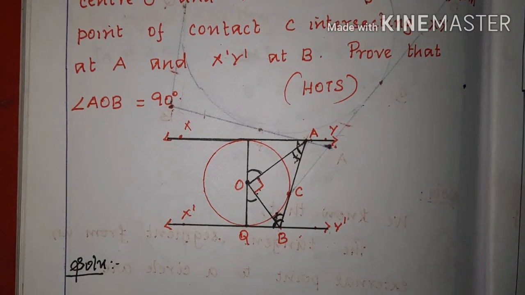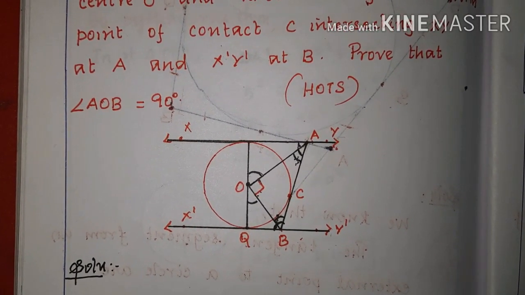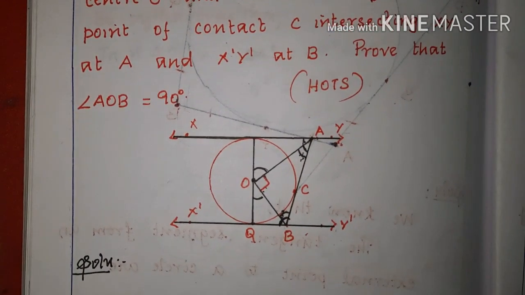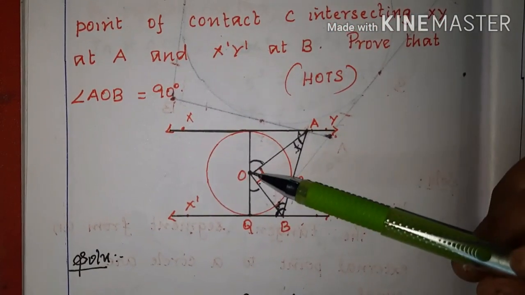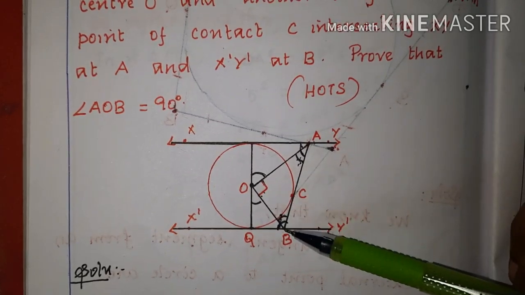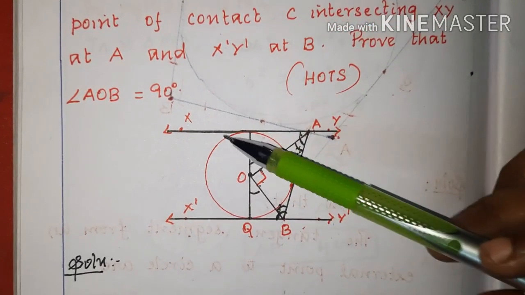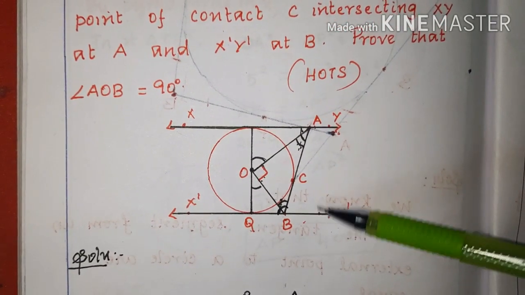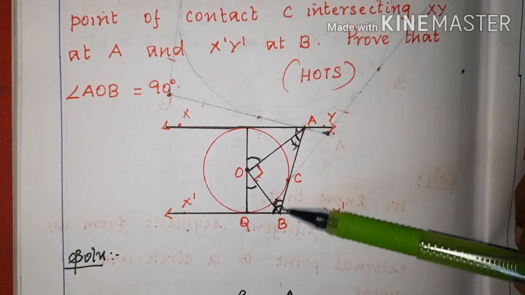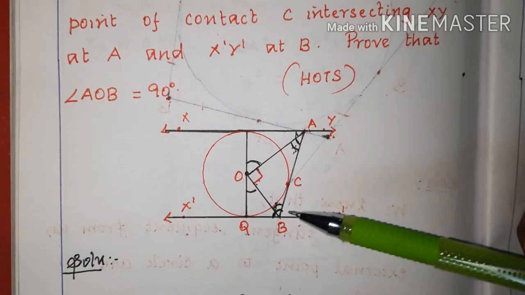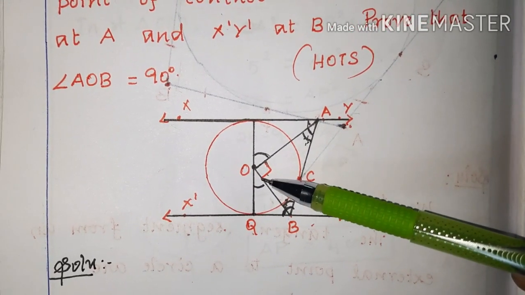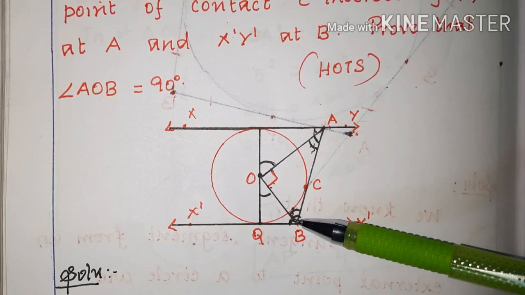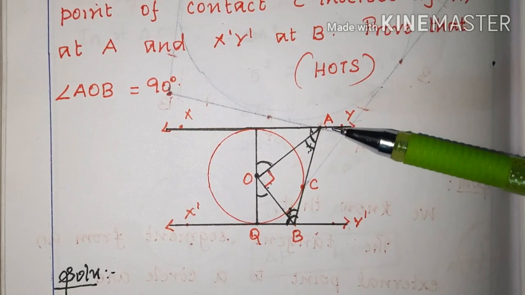So far we have seen how to prove a few proving type of sums, like how to find the angle inclined at the center, that is AOB is equal to 90 degree, when two parallel tangents are drawn and another tangent intersecting the two parallel tangents. So the angle inclined by the endpoints of the tangent at the center is 90 degree, that is AOB is equal to 90 degree. How to prove, we have seen.